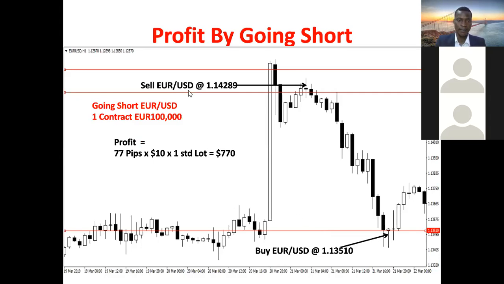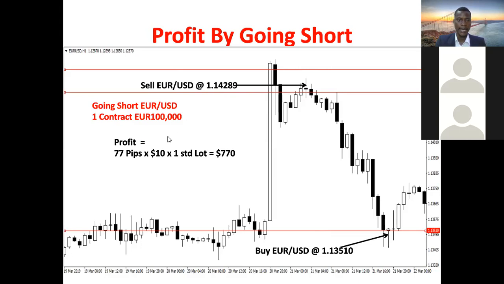So for example, now this second example, going short. Remember, I say short is sell, while long is buy. So when you're going short on this particular product, they are telling you to sell. It's a market language. So you sell at this point from your chart, which is